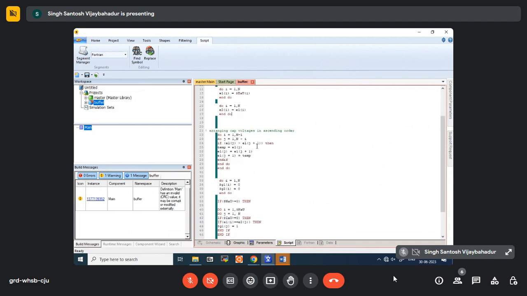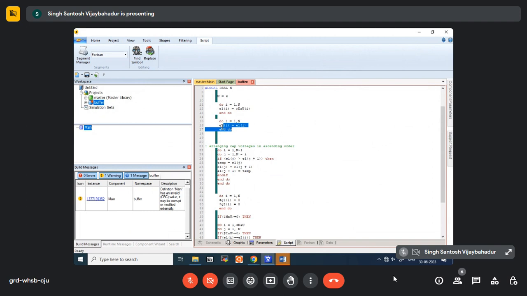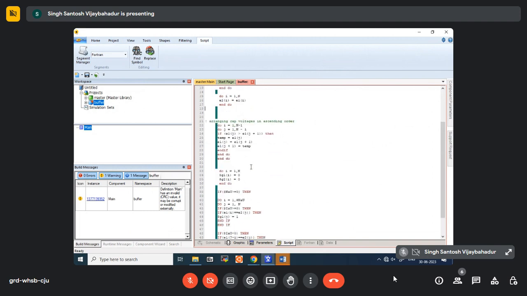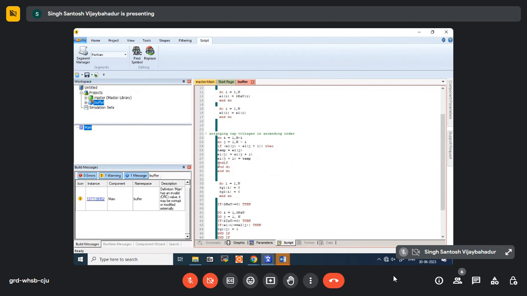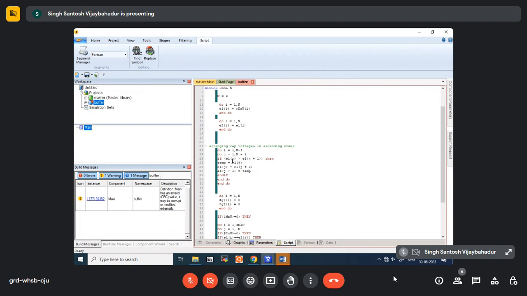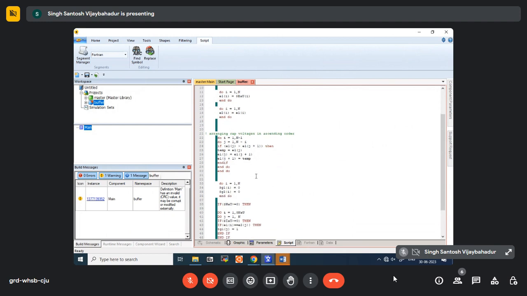Again, whatever do loops you have to do here: do i equal to 1 to n minus 1, because in ascending or descending order one place will be fixed. Let us suppose 6 numbers are there, 5 will be defined, so 6 no need to touch, it is already defined. Then n minus 1, j same like n minus i. So E1 of j, what we have to do, ascending order or descending order means